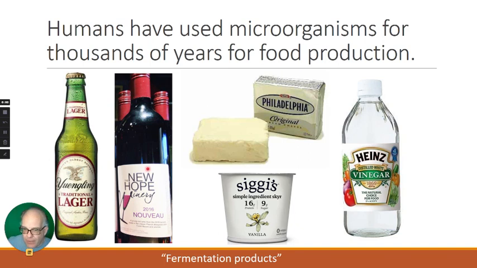You can also see distinct flavors of cheese. I didn't put pickles on this, but I could have put pickles as a fermentation product. Yogurts, certain types of yogurts still have active products, and those would be probiotics that we'll talk about. Vinegar over here, another example of an organism or a food produced by these microorganisms. And so they have benefits associated with their properties.